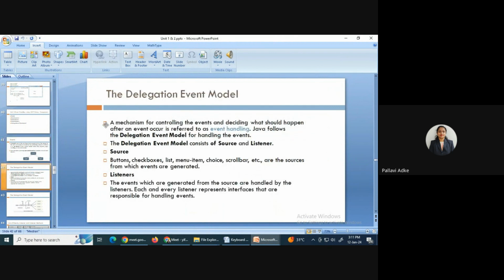Now the event delegation model. You have to understand the mechanism of this. Whenever I'm clicking something and some action is going to be performed, that is called the event handling method, and the process is called the delegation event model. We should try to understand how it is performing. The mechanism of controlling the events and deciding what should happen after an event occurs